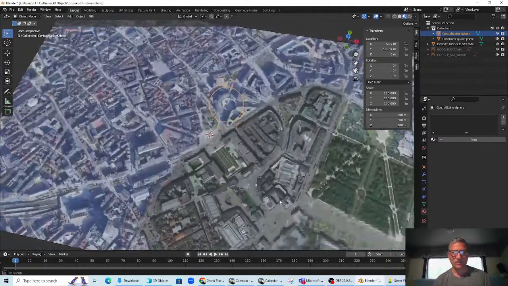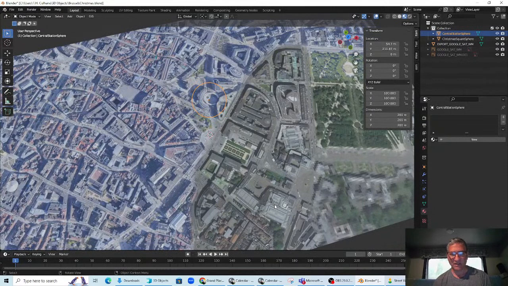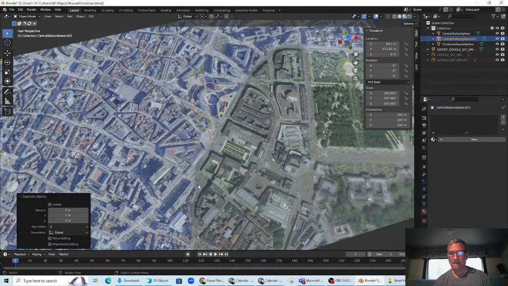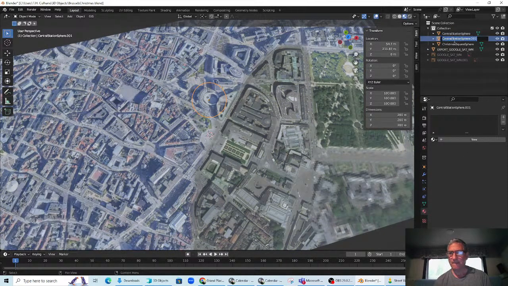And then we have one other sphere that we want to do. So hit Shift D to duplicate that, and we'll call that Königplatz sphere. And let's move that over to, let's see where the cursor is. If I place the cursor,